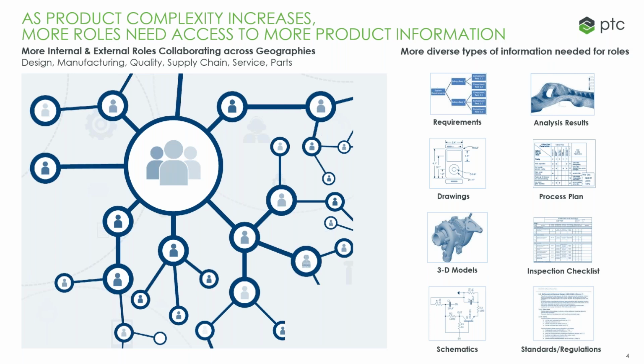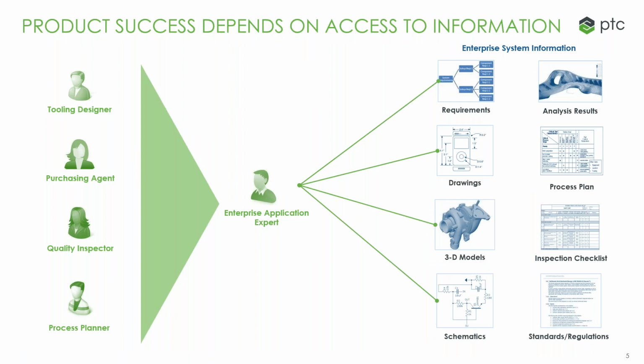So to get access to that data, the occasional users go into that system once a year, once a month, once a week, but most of the time, because it's quicker, they'll go to some type of enterprise application expert that knows that system in and out, to get that data for them. This could be someone in engineering, a document management person, a configuration management person